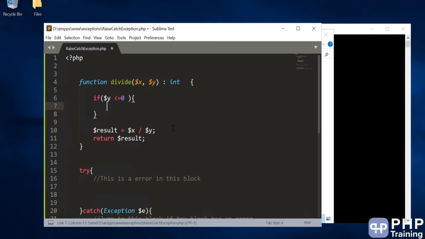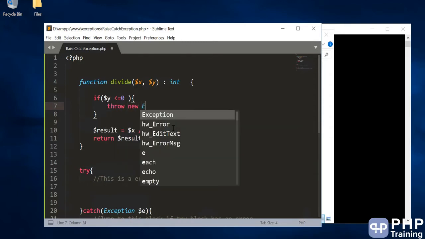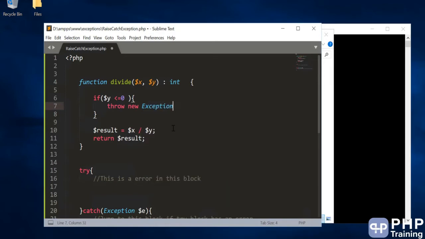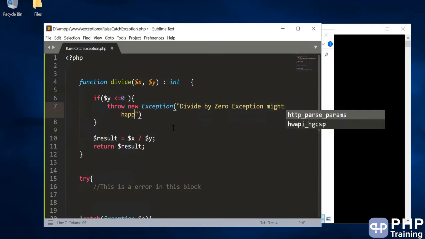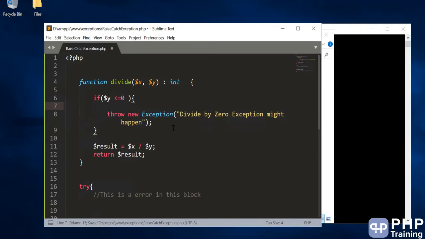So how to raise an error, how to throw an error? For that you have a keyword called throw, and you have to create an object of Exception by passing the message. The message is, divide by 0 exception might happen. What we are doing here is identifying the case where the error might happen, and if it is less than or equal to 0, we throw an exception.